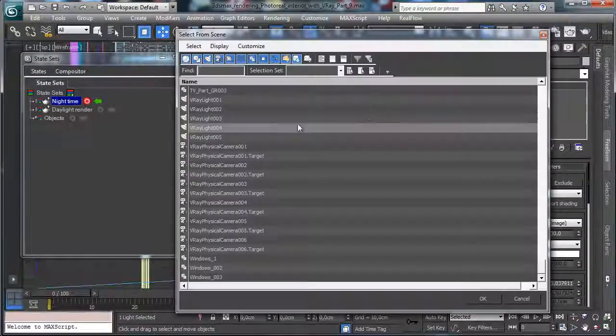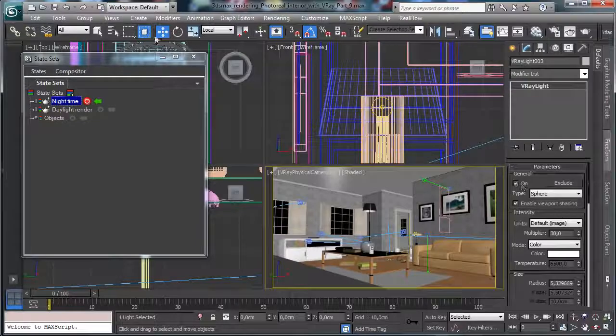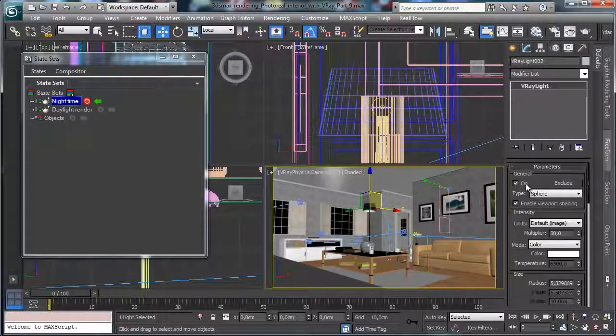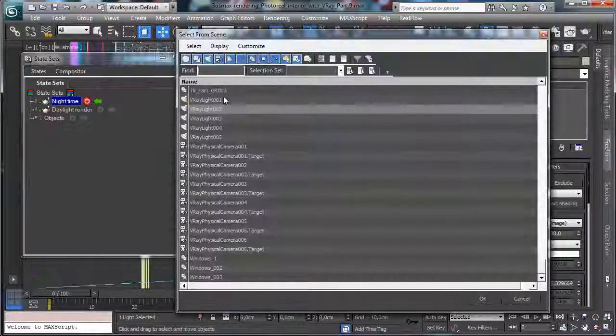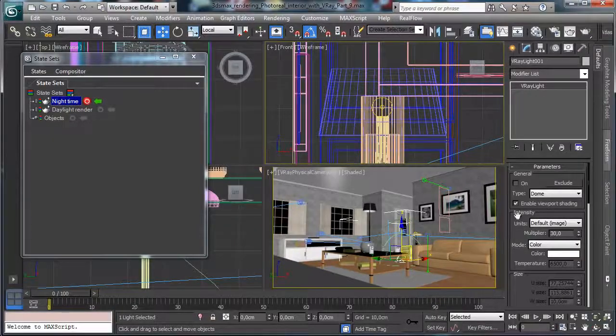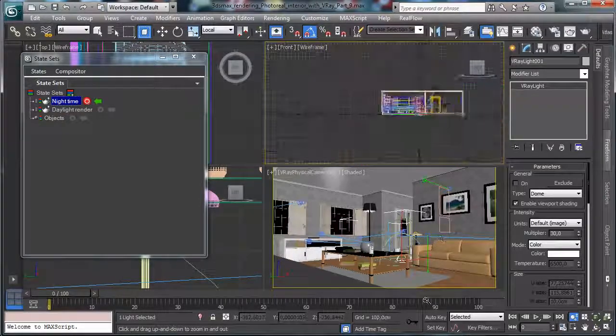This one is on. This one is on. This one is on, and this one is the light down actually. So this one is off, and I'd like to see